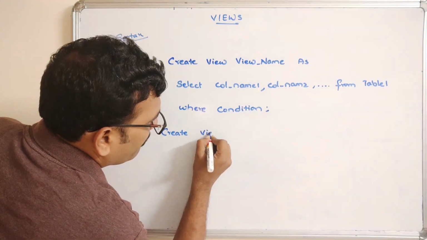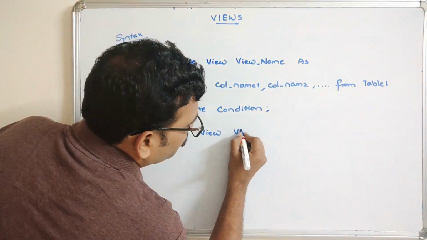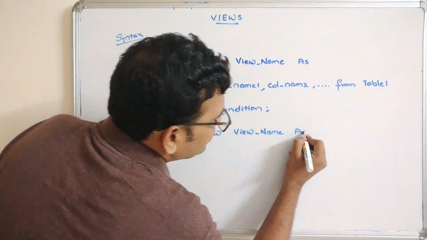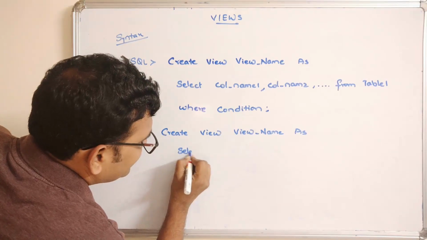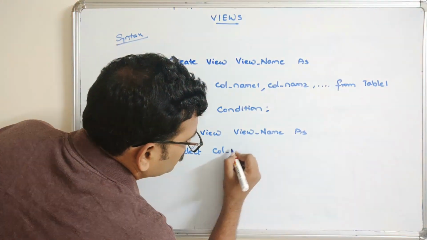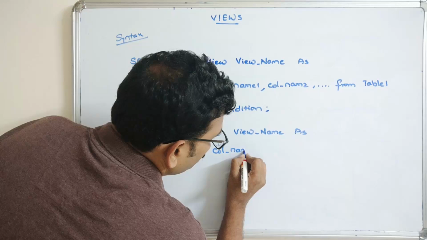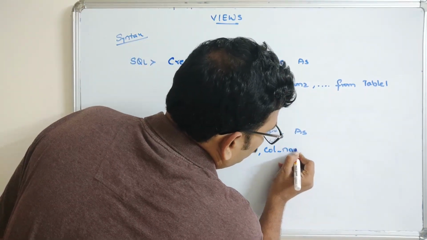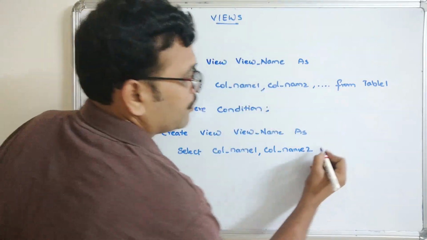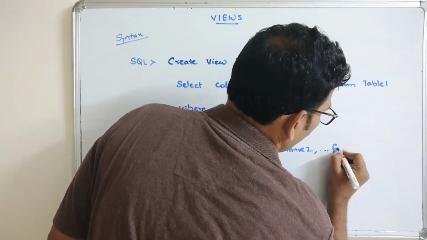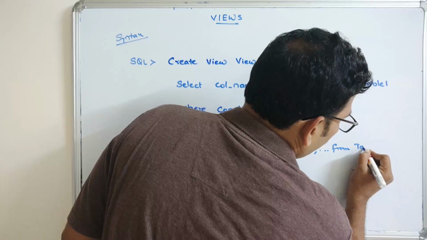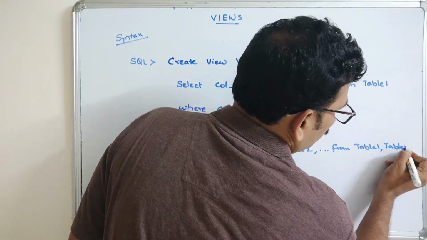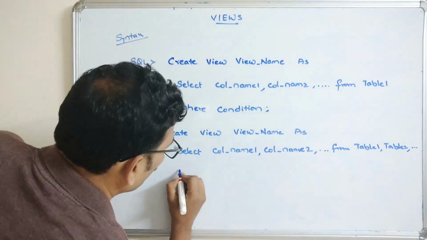create view, view name as select column name 1, column name 2, etc. from table 1, table 2, etc. where,